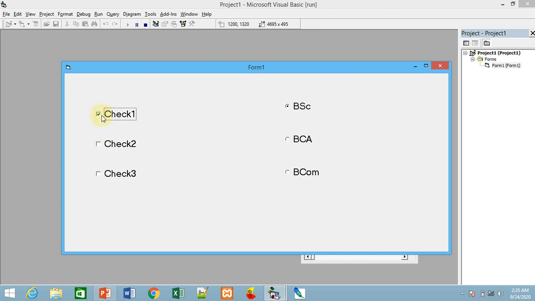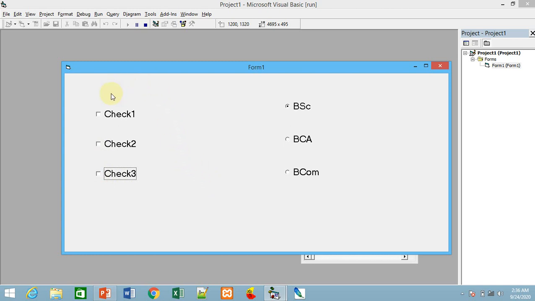But this time if you click once or twice, there is no response at all because we have not written any code for its click event. Okay, but its behavior will be like that. So one thing you can observe: I have selected all 3 here. I have selected only these 2, first and last. I have selected only first and second. I can select only second and last one. I can select only one. I can select any one, this one or this one or this one, or I may not select any.